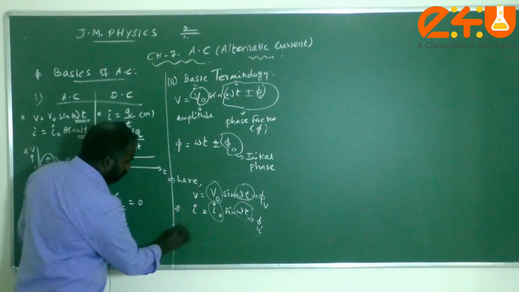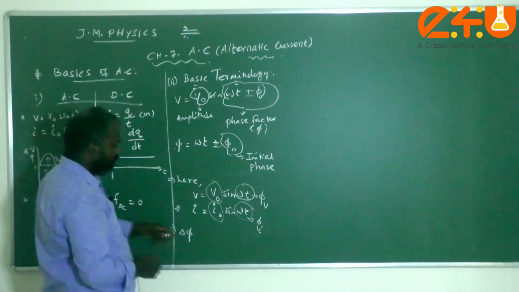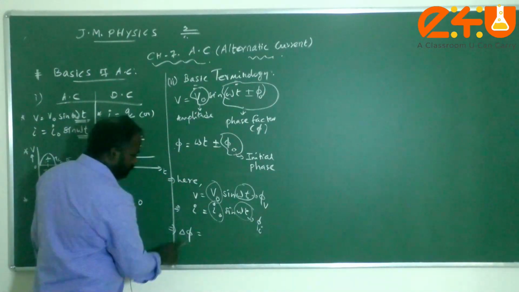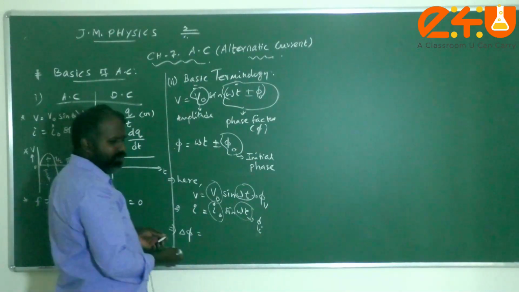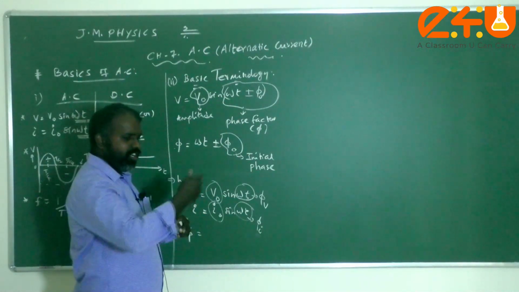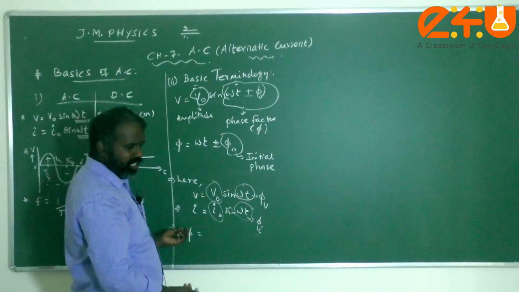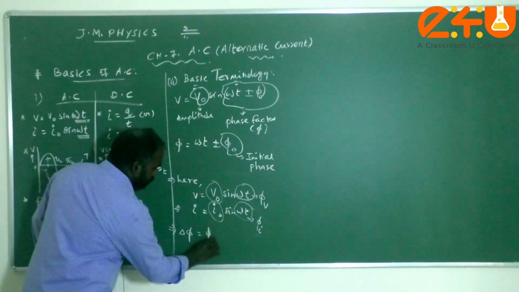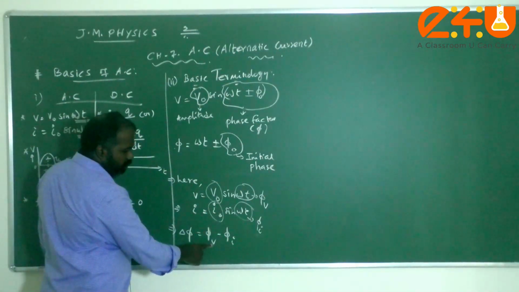That is called what, children? Phase difference. So what is delta phi? Phase difference means we are comparing two quantities, for example here voltage and current. I want to find out the phase relation. Phase relation is nothing but when the voltage reaches the maximum and when the current reaches the maximum or minimum. Such information is obtained from the angle, that is called phase factor and phase difference. Okay. So for example, phi V minus phi I is the phase difference between voltage and the current.